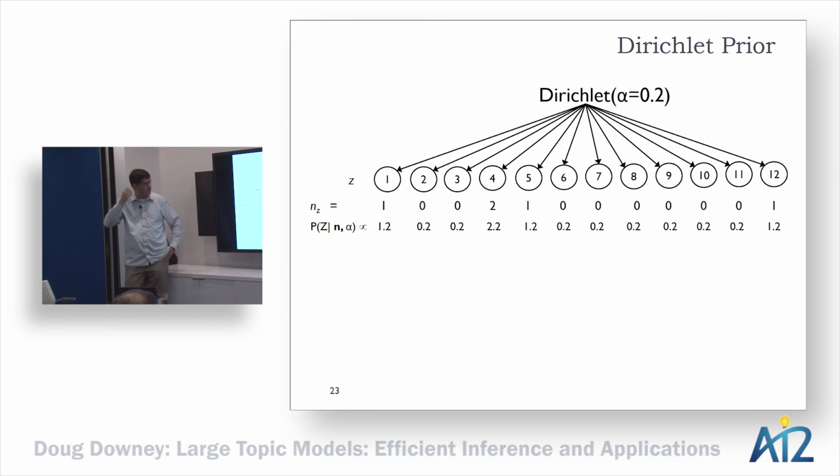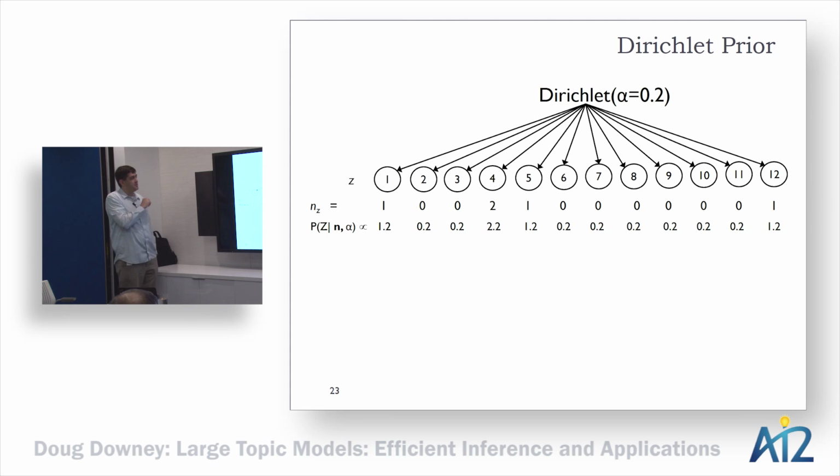Here's what it does, right? Let's just think about the probability over a random variable given a set of counts that we've observed. This is just one of those terms: what does the word tell us about the document? What does the word tell us about the topic? What does the document tell us about the topic? This is just one of those. So think about this as the document distribution. And in this document, the current state of the sampler tells us we have 1 occurrence of topic 1, 2 occurrences of topic 4, 1 occurrence of topic 5, and 1 occurrence of topic 12.